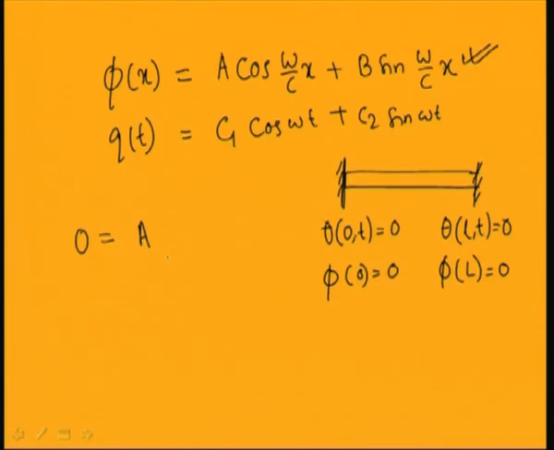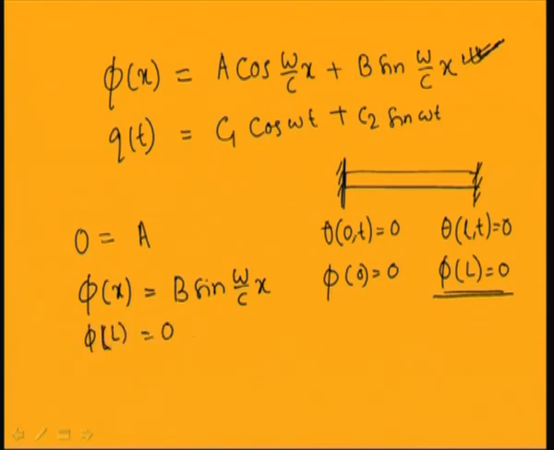Similarly, now by putting this boundary condition phi L equal to 0, as already a equal to 0, you can write phi x equal to b sin omega by c x. Now, substituting phi L equal to 0,